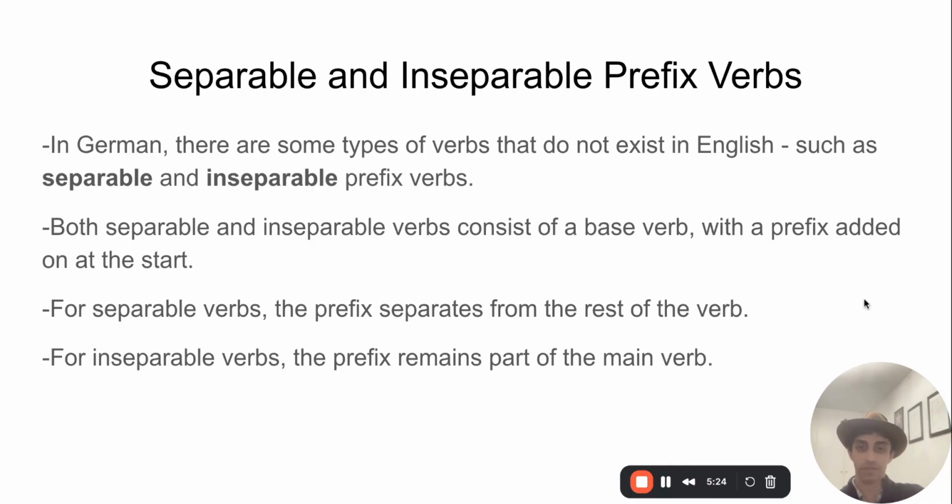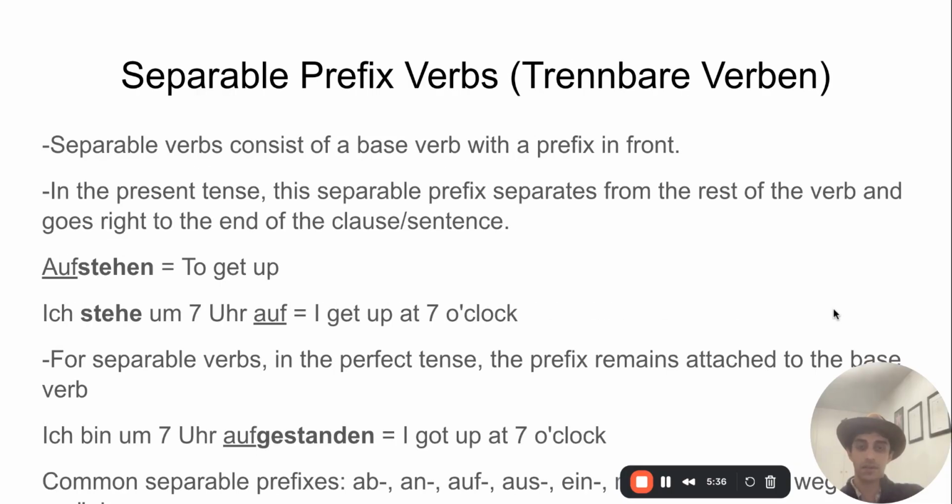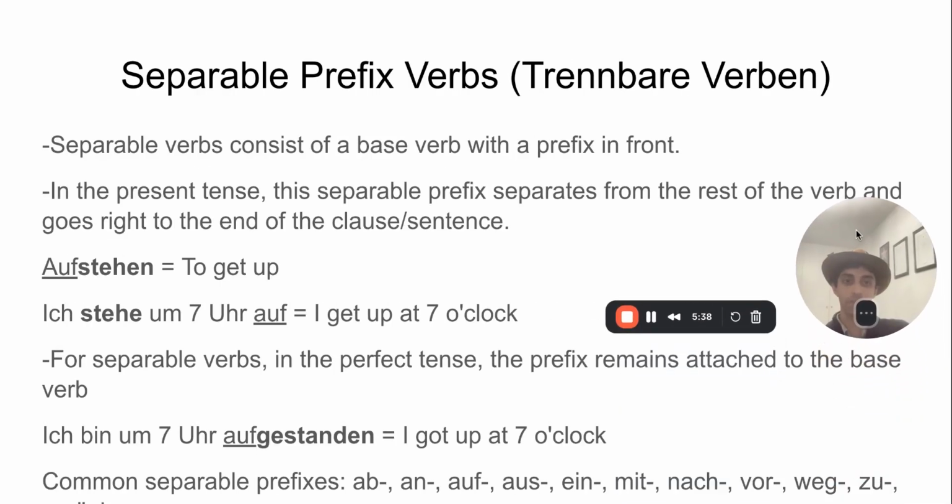But that is the crucial difference. Separable prefixes separate from the rest of the verb. Inseparable prefixes do not stand alone or separate at all, and they remain part of that main base verb. Okay, we're going to start off then by looking at separable prefix verbs or separable verbs, or trennbare Verben,